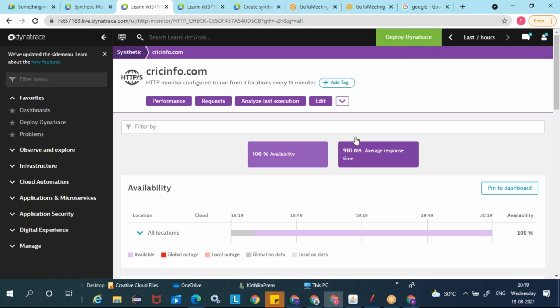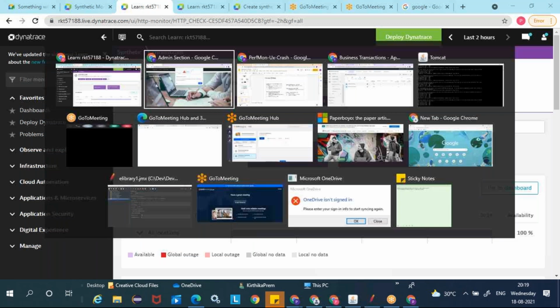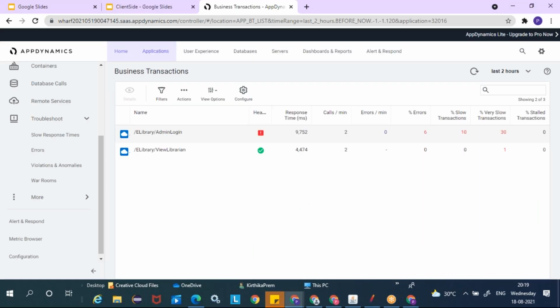So for the synthetic monitoring, we will be using Dynatrace, and for the APM, we'll be using AppDynamics.